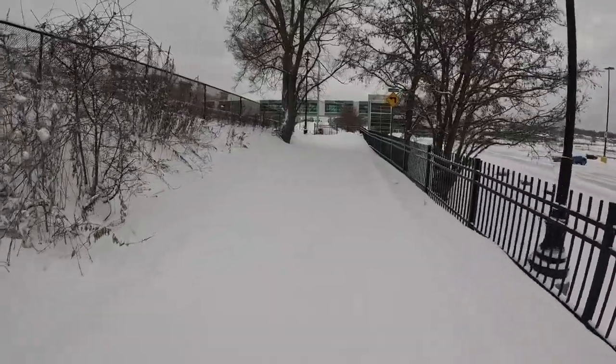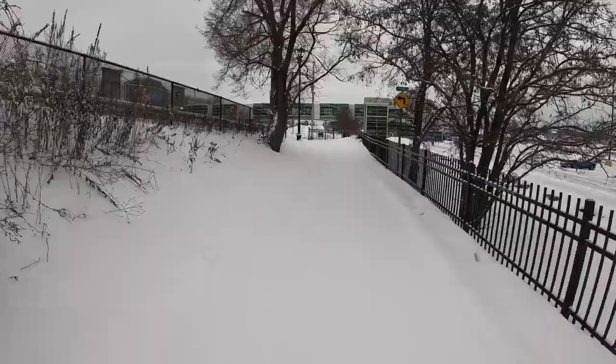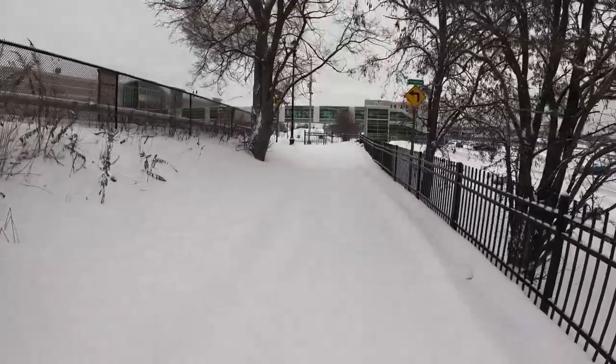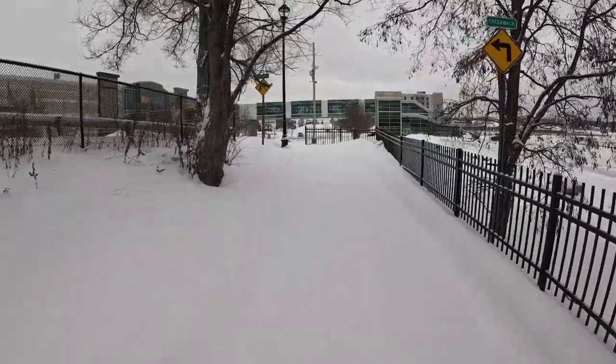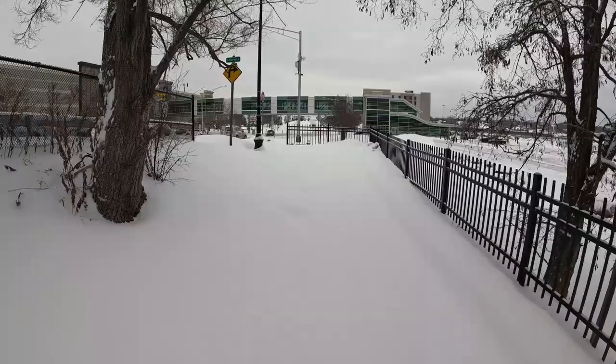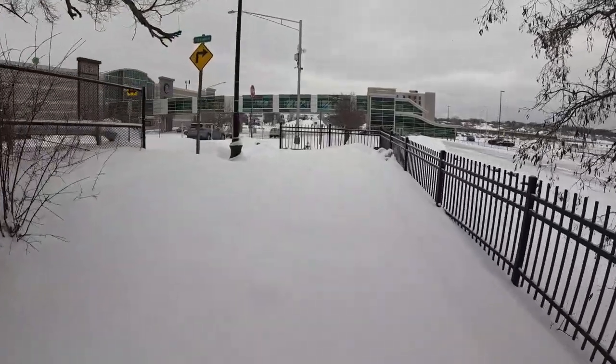It snowed another 3 inches last night. No surprise. It's been a storm train, so it just doesn't stop snowing. It doesn't stop being cold. I think the last...